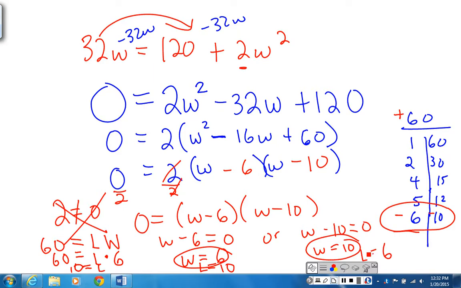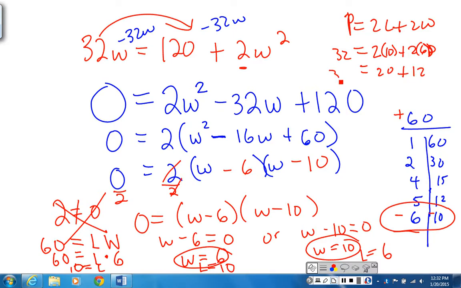But 2L plus 2W must add up to give us 32. Alright, so let me write that here. 2L plus 2W, 2 times the length, for example, let's say 10, plus 2 times 6, will that give us the 32? 20 plus 12, yeah, that works. That checks out. So that's how you